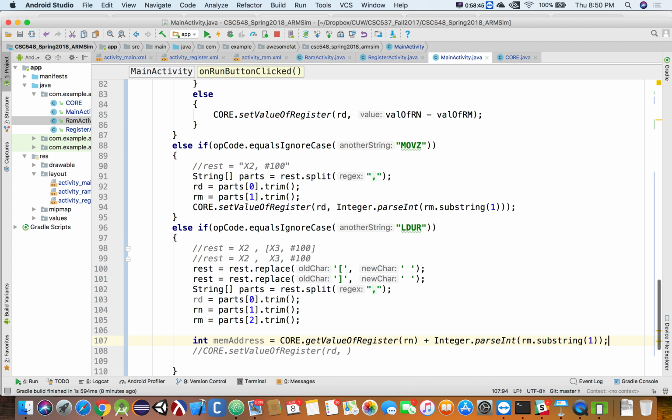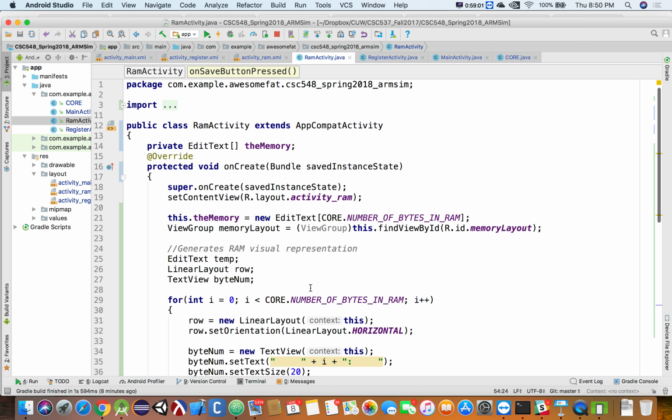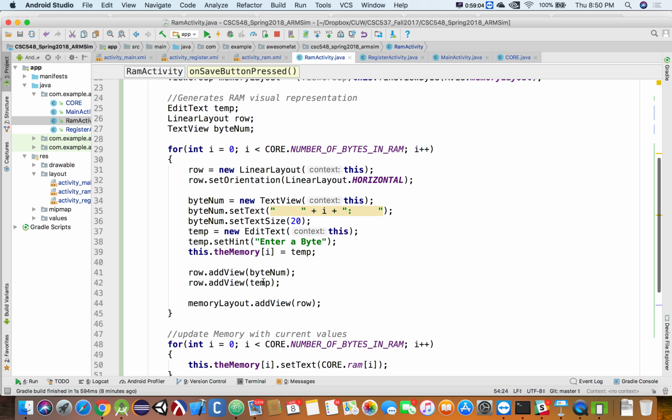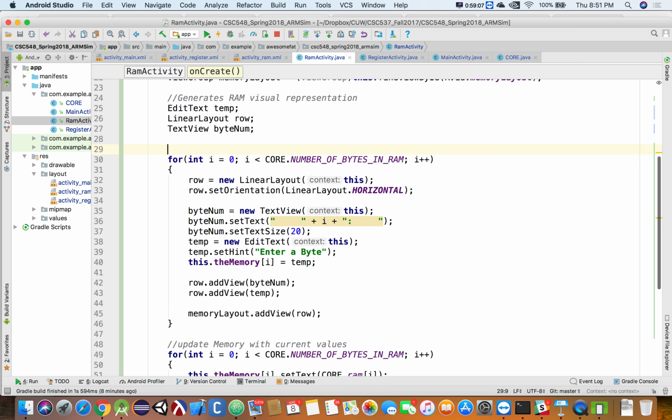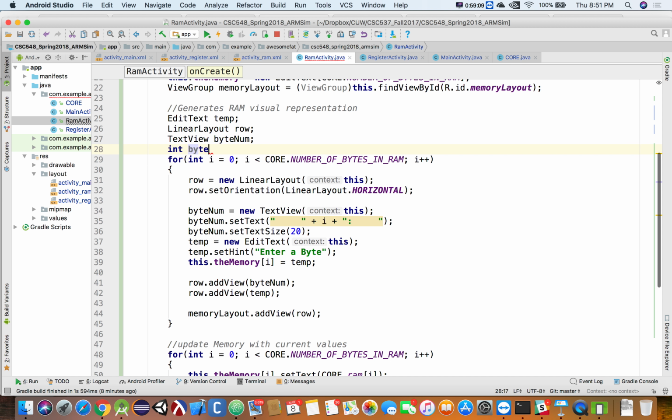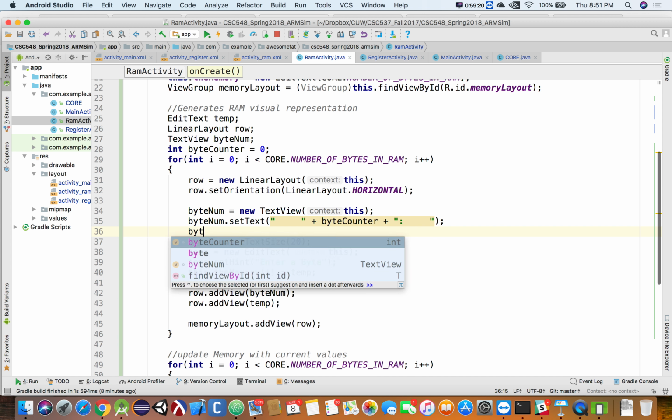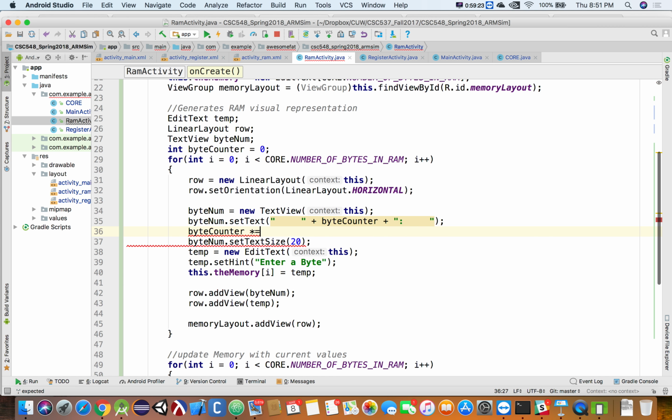So let's pause this for a second. So we decided we do need to go and update our counters to be multiples of 8, right? So 0, then 8, then 16. All right, so let's go into RAM activity. So we'll call this guy int byte counter. Starts off at 0. So we'll put byte counter in here, and then we'll say byte counter